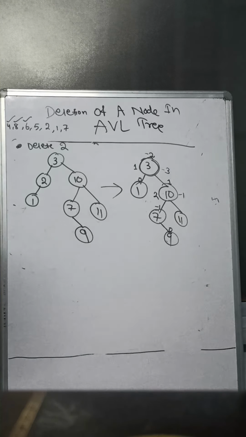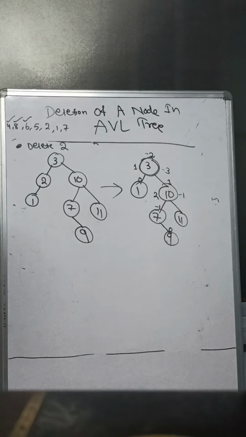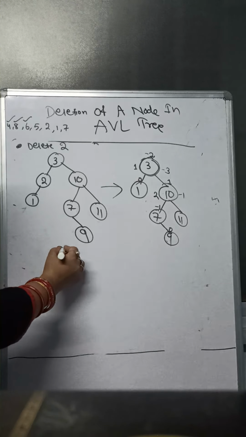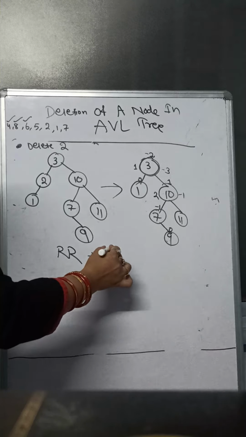Here I have to do the rotation. We have not inserted anything, but we have just seen that your left part is low and your right part is high, and because of the right part's imbalance, my tree is unbalanced. So I have to do the rotation. It means a single right rotation followed by a left rotation.